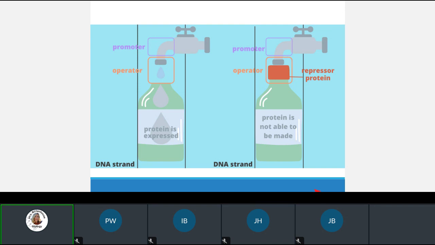So, promoter, operator, and DNA strand make proteins in the cell. The promoter and the operator tell the code where to start. The promoter is kind of like, have you ever pulled up on the highway or on the road and there's some construction going on? First of all, there's a sign out front that says construction ahead, right? The promoter is indicating this is where the code is.